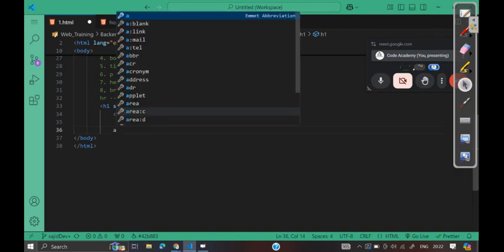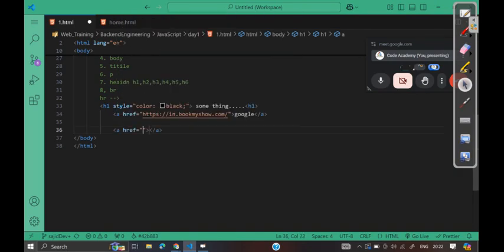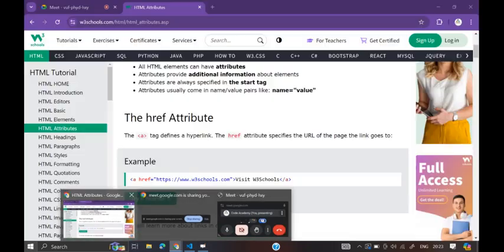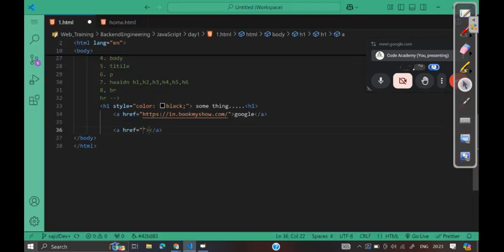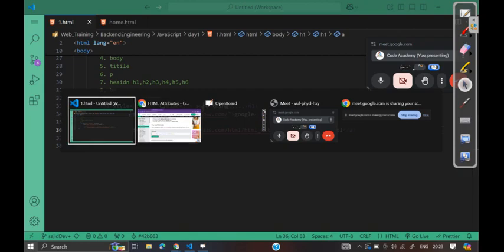Anchor tag. And inside of the anchor tag I will simply copy this website URL, and put it here, right? For understanding I can write the name here, W3 School, right? And simply save it and go to our page,